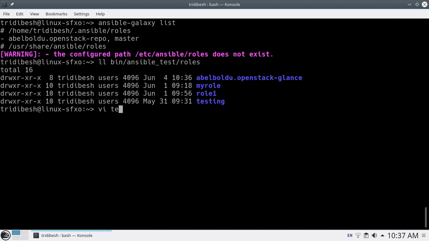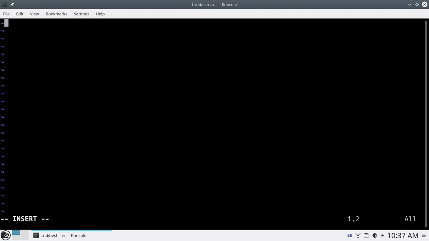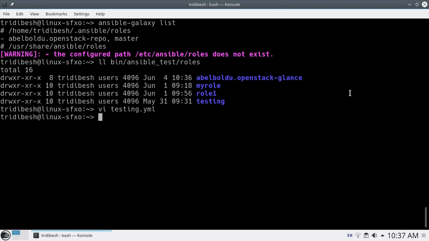Suppose you are testing and you write a playbook, and you put name, testing, hosts, suppose all, then you put roles, and then the role name, suppose xyz.role, whatever. Just like you use a normal locally created role, similarly you can use these Galaxy downloaded roles in the same way.